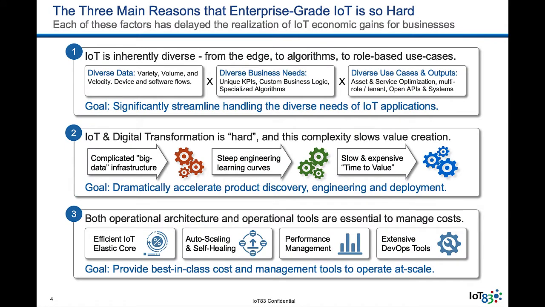The three main reasons that enterprise-grade IoT is so hard are, first, the inherently diverse nature of IoT to begin with. Below that, the IoT platform itself is fundamentally difficult to implement. There are complicated big data infrastructure components that need to be handled, managed, and implemented into a total complete platform. There are steep engineering learning curves to let this happen. This all results in a slow and expensive time to value in creating IoT applications on a reliable, scalable, and